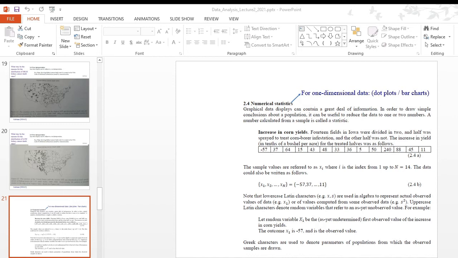So for those of you taking the MPhil ACE, I will put up the notes for that sampling theory statistics course in case you want to follow through some of the algebra. But for the most part, in this course, I just want to make you aware of some important conventions